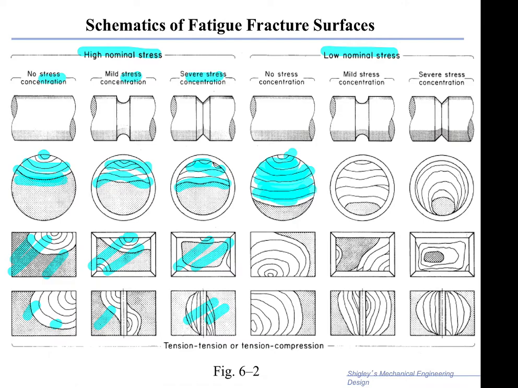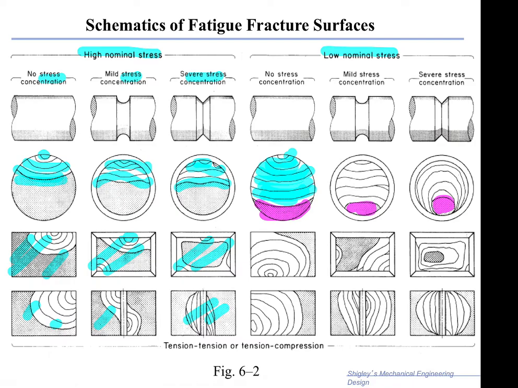So you get a similar pattern to high nominal stress until the remaining section is very, very small, because the applied stress is very small, and therefore the remaining section that carries the rest of the stress becomes small, that it would fail after a very long time because the applied stress is small. If you have stress concentrations, the same happens, but the propagation is much faster until you get failure in a